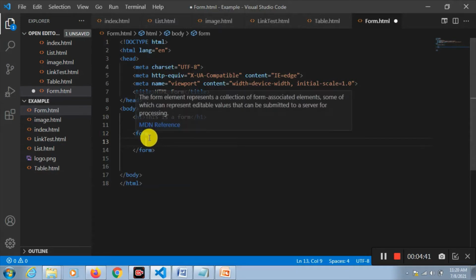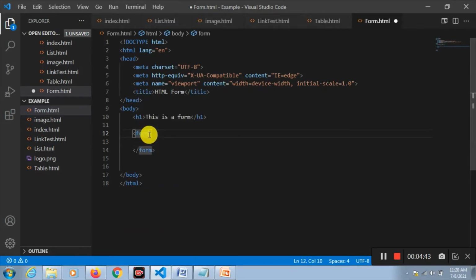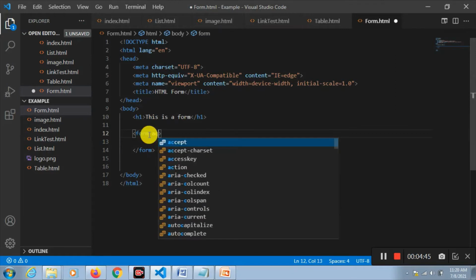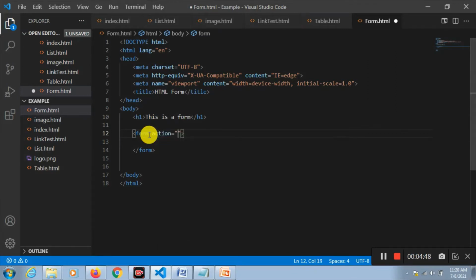Here we can use something called action. Now here action means what? When I click on the submit button, it will go to mypage.php, because whenever we click on the submit button, the data will go to some other page.